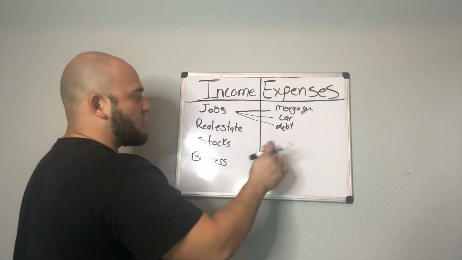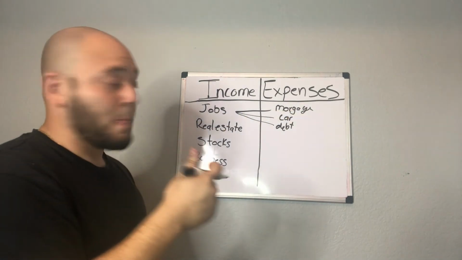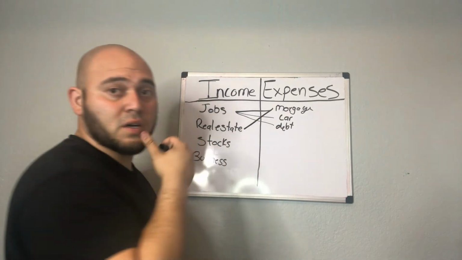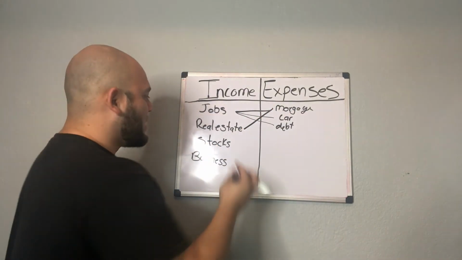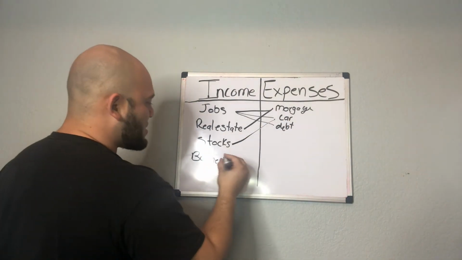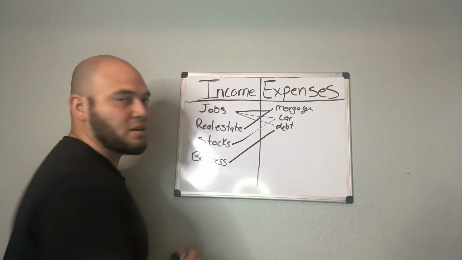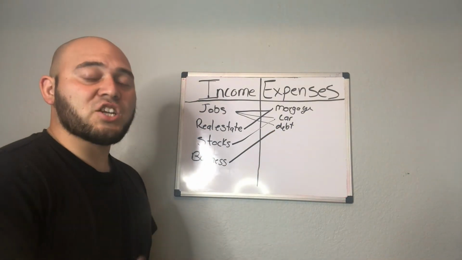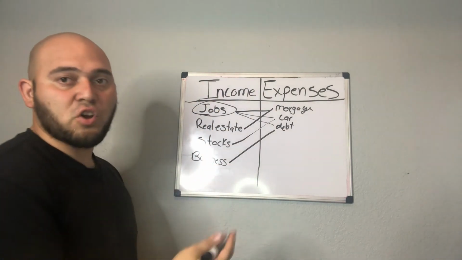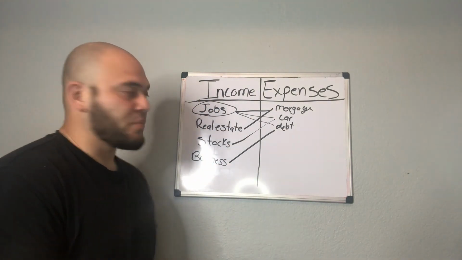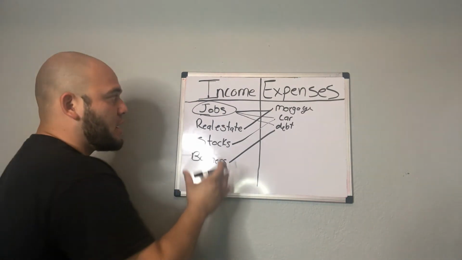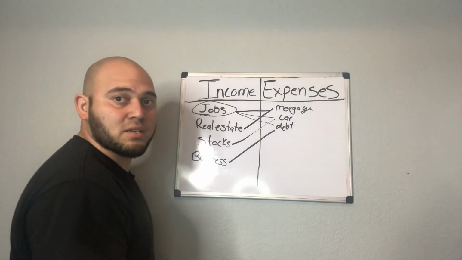Let's not even say your job is paying your mortgage, your car, your debt. Let's just say your real estate property pays off your mortgage. All right, you see what I'm getting at? Let's say your stocks pay off your car. And let's say your business slowly but surely pays off your debt, okay? So the extra income you have will be from your job. You'll still be generating a lot of income. If I have more assets or more stuff in my income column, it's obviously going to outweigh my expenses, okay?